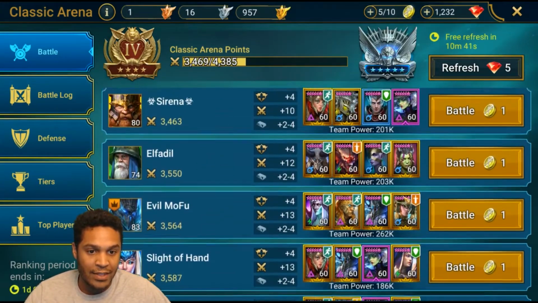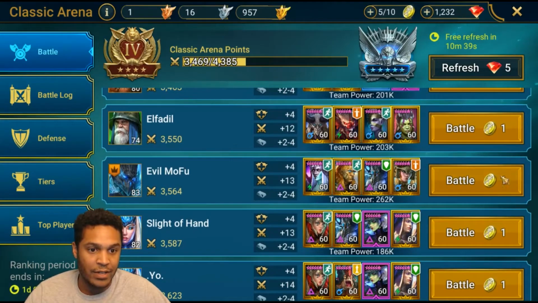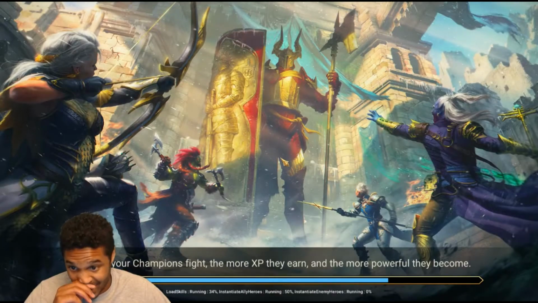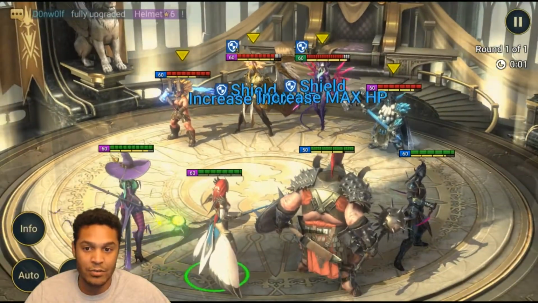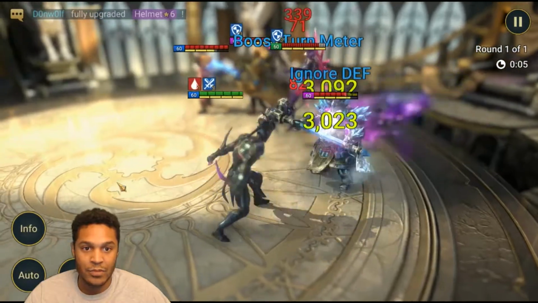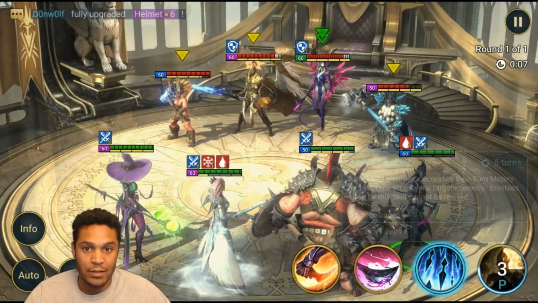Let me just find the other team that... Okay, right above it. I don't think I'm going to beat it, but I'm going to try it out. I just need to get Madame Ceres to use her special ability, and I should be good. Let's see. So